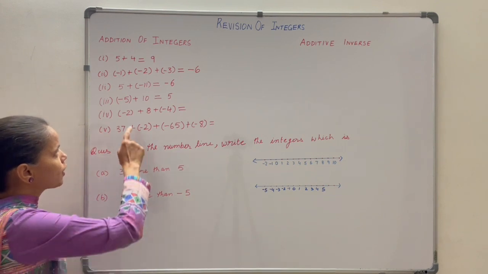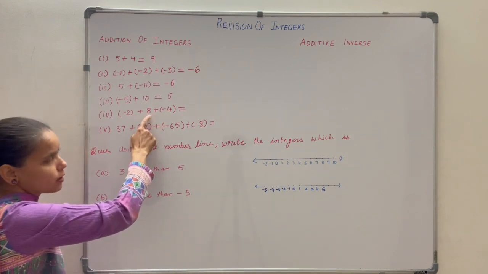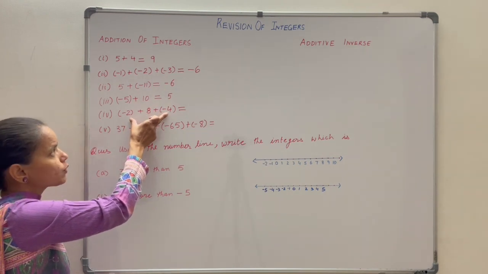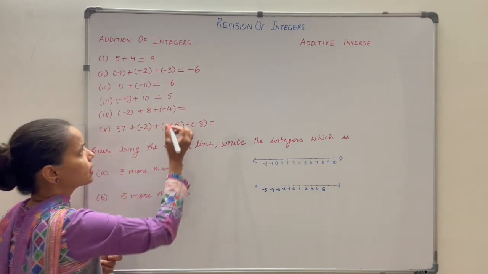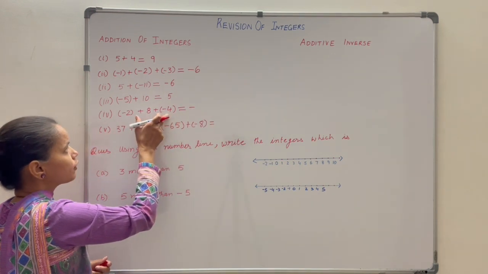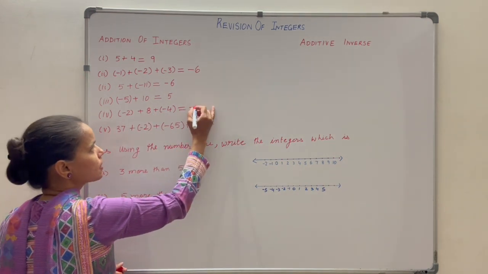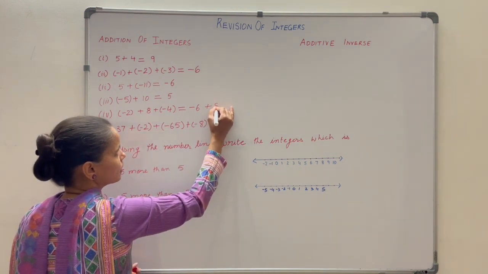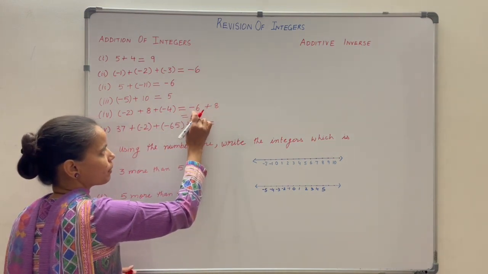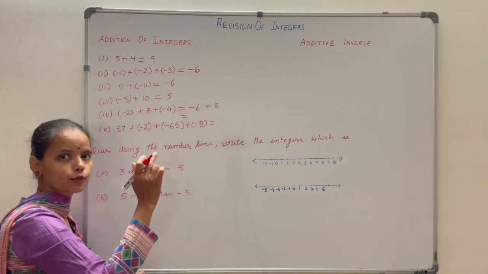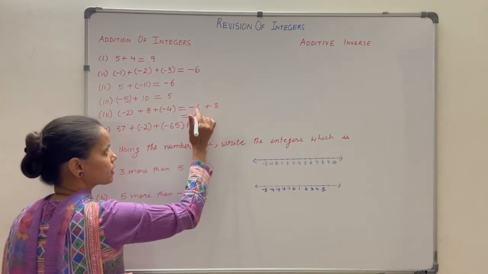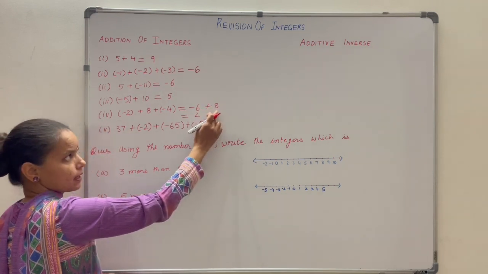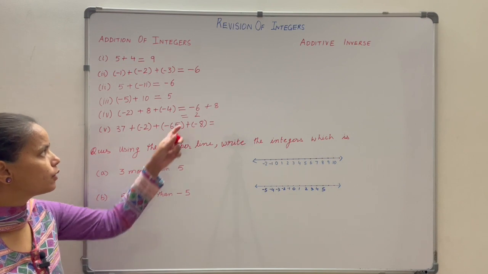Now here you have two negative integers and one positive integer. So first we need to add the two negative integers. When you add two negative integers, the result is negative. So minus 4 and minus 2 is minus 6, and this plus 8. Now here you can see it is minus and plus, so you need to find the difference. 8 minus 6 is 2, and the sign of the greater number: the greater number is 8. The sign is positive. So the result is